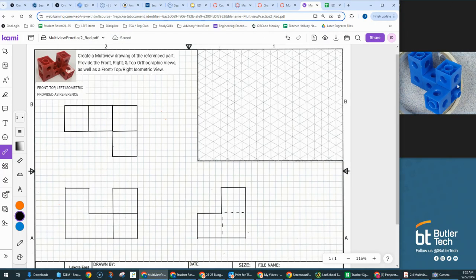This little elbow here is the right face. Here is a front face. Here's a top face. We see kind of the letter Y where those come together. So I'm going to start with that very bottom corner right there, a little bit maybe more to the right. And again, my scale is only going to be 2 triangle lengths. So I'm going to go vertically right here, and then I'm going to go depth. This way is depth, going up and right, and then going up and left is going to be the width